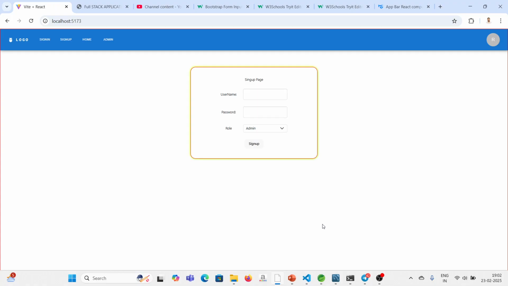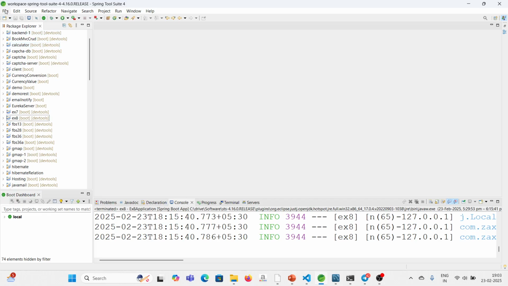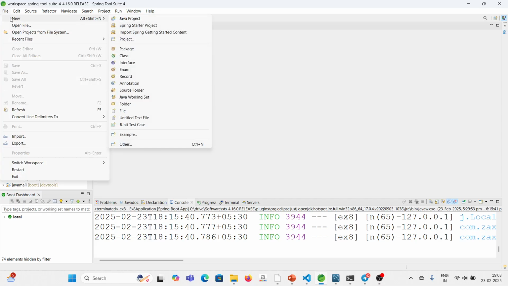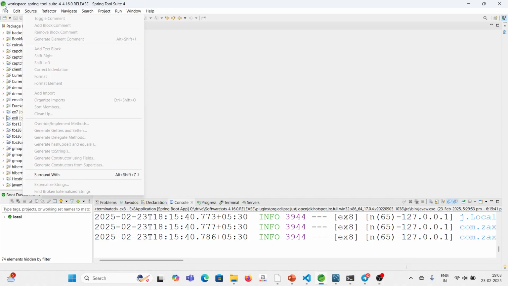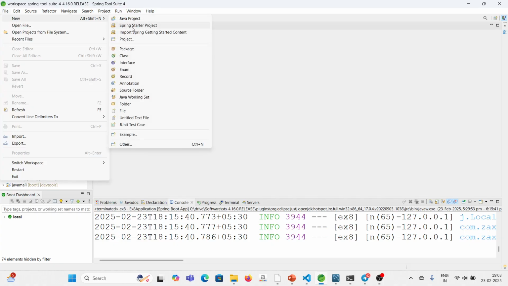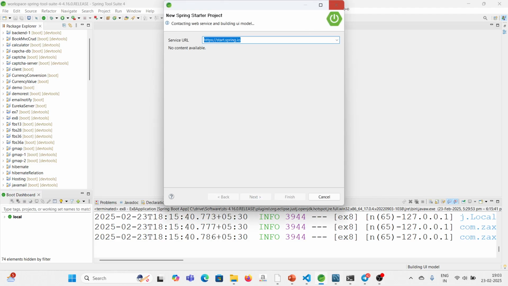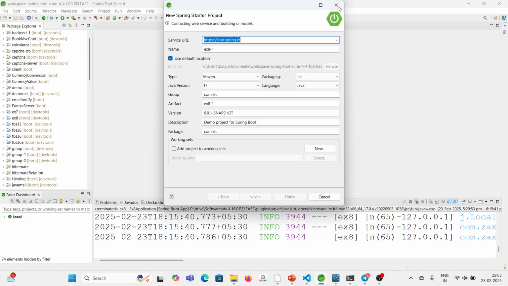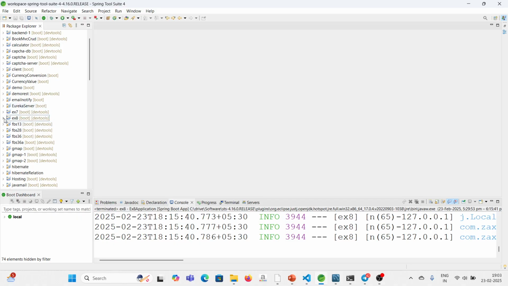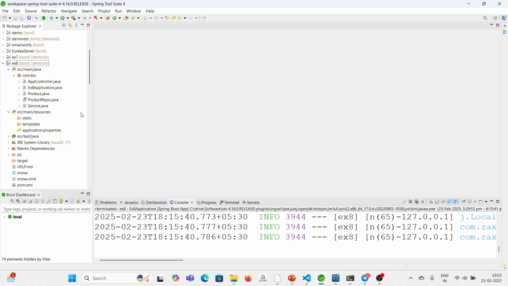Now we need to design our backend. It's time to design our backend. Just go to your backend and create our project. I will do Spring Startup for it, or else I will use the same project where I used EX8, because it will be time consuming when I create a new project. So in EX8, I will just